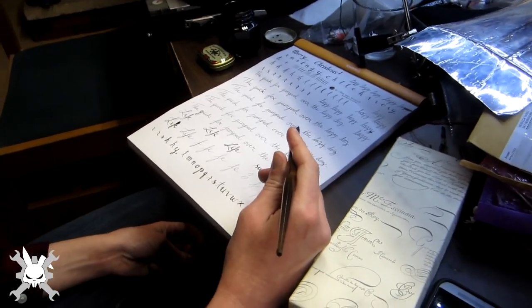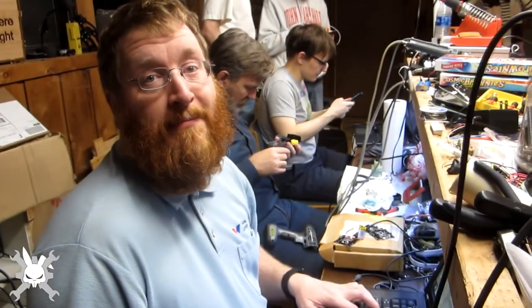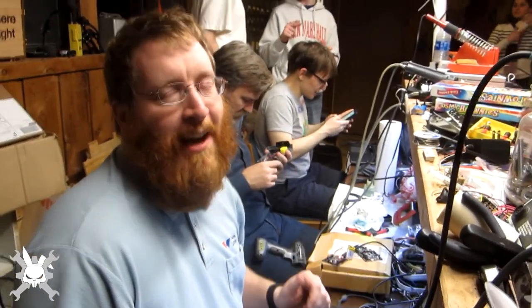Okay, so mechanical pencils. This is connected to that, and that goes to that, and then this makes sure it doesn't. Put it like that, and then this connects. So when a circuit doesn't work,